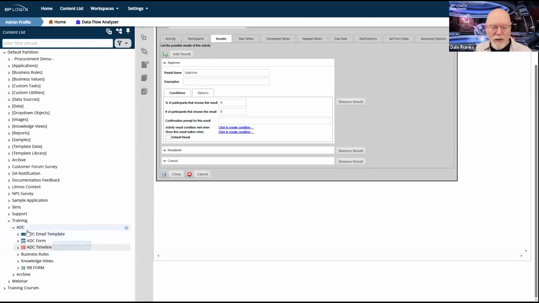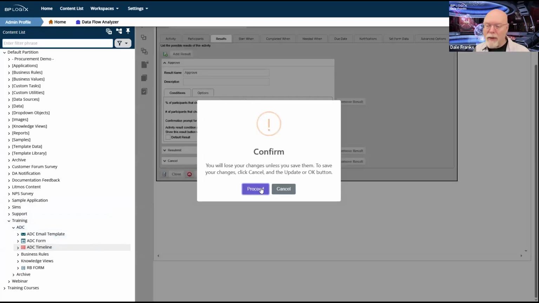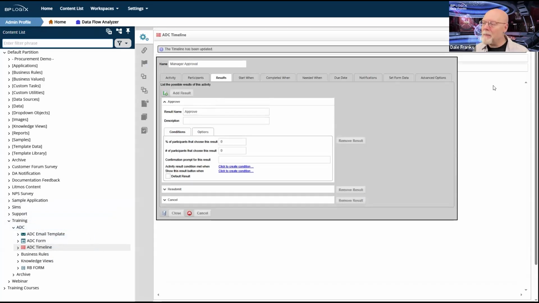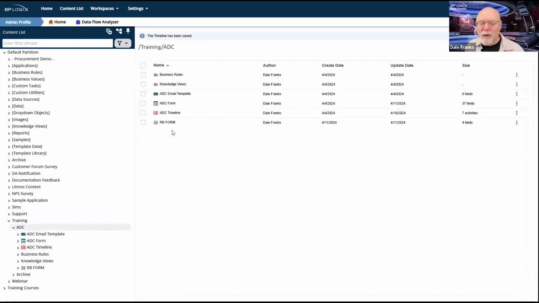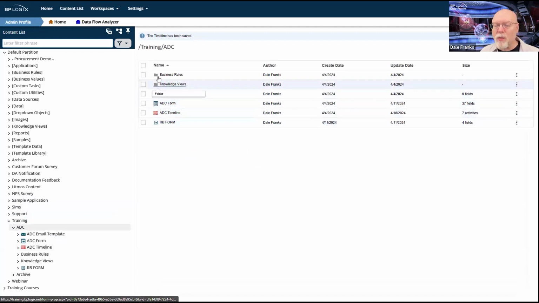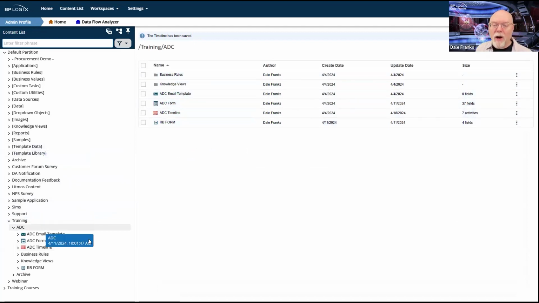And fortunately, I think I have a dropdown for that. Let me save what we're doing here. And we're going to do this real carefully. And the reason we're going to do this real carefully is because conditions are hard, and we can go off of the rails with conditions.